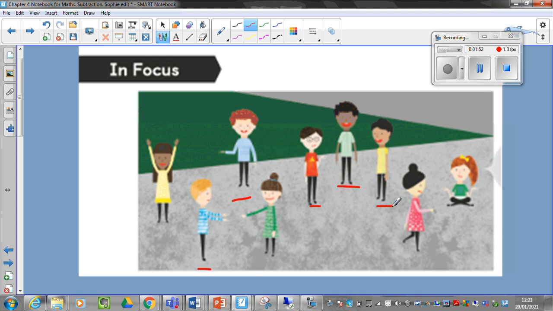Obviously we get girls who have short hair and we have boys who have long hair, we have boys that wear dresses, we have girls that wear trousers. So any of these children could be any gender, but for me I'm going to go with 5 boys. Okay, so